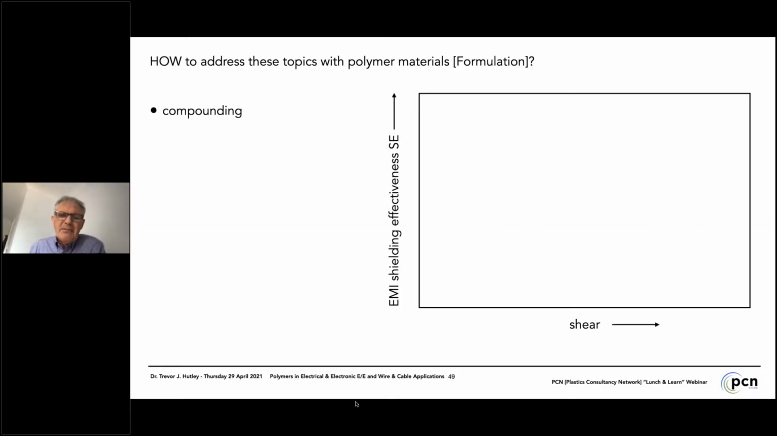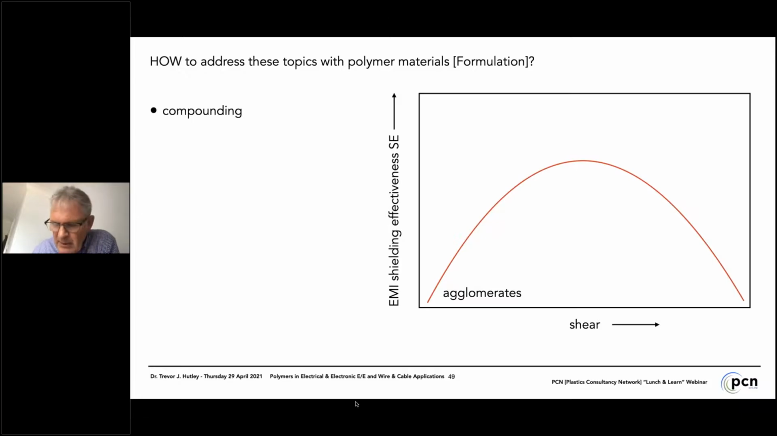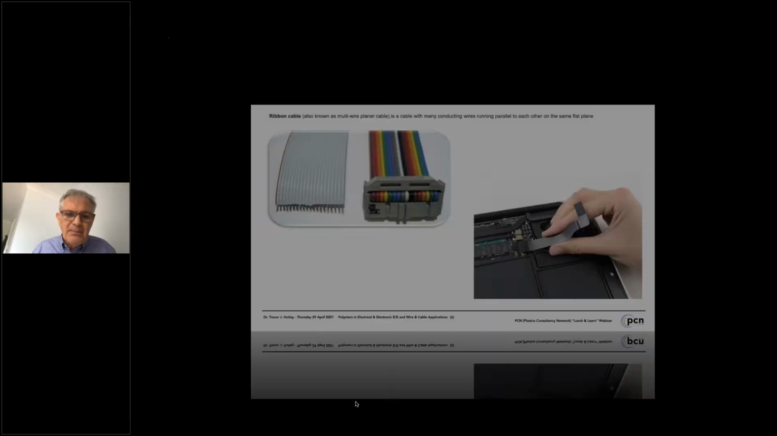And we have to be very careful as well how we compound these additives. If we put too much shear into the formulation, we can break down the agglomerates, which give us low shielding. We can actually break up the fibers, which also reduces the shielding, and we're looking for that optimum dispersion in the middle to give us the optimum shielding. So compounding is not only about formulation, it's not about just selecting the additives, but it's about the compounding technology